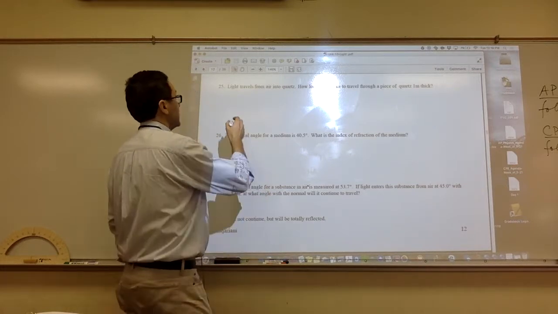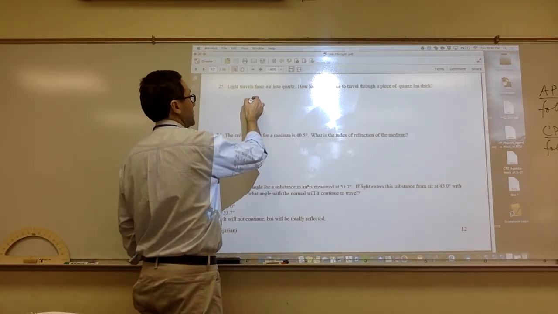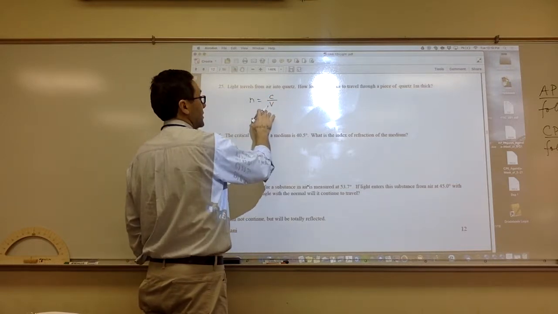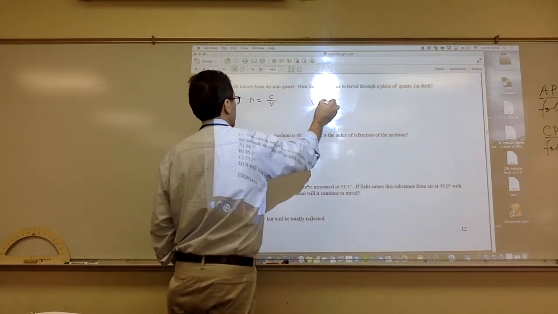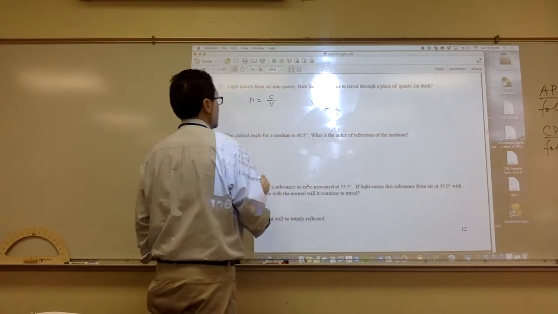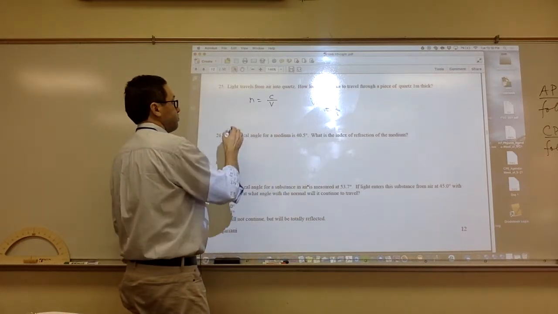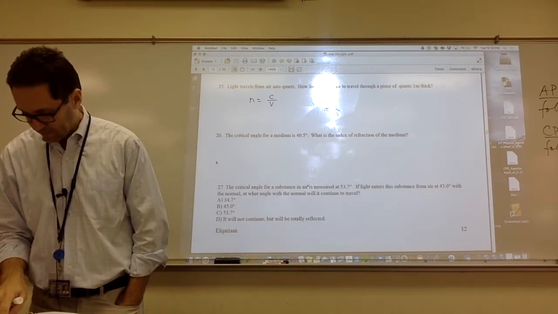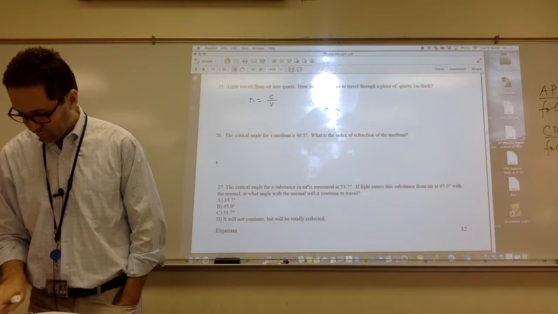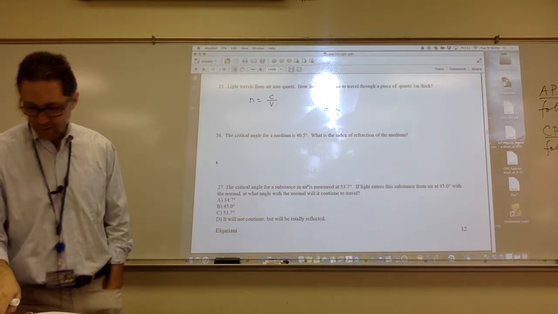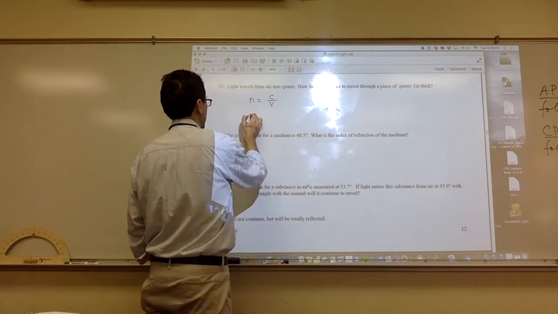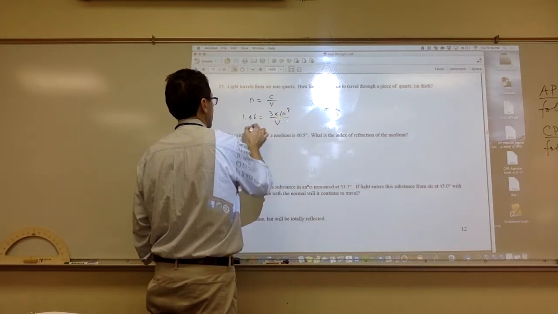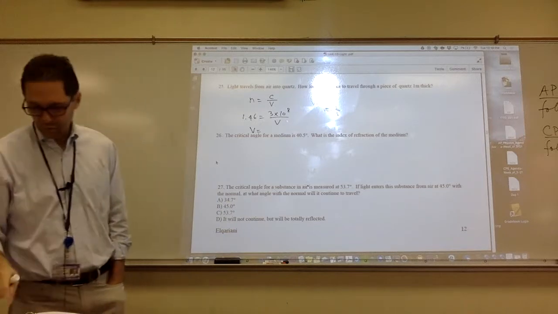Okay, so for number 25, I think we have to use n equals c over v to find the speed first, and then use v is distance over time to find the time. So for quartz, the n is 1.46. So 1.46 equals 3 times 10 to the 8 over the v. We should get a v equal to,